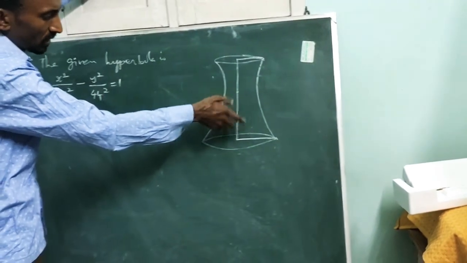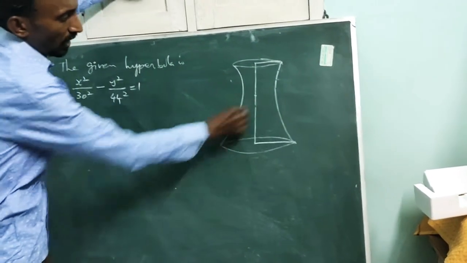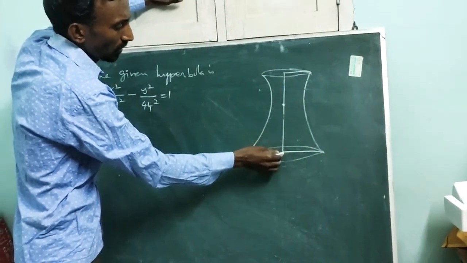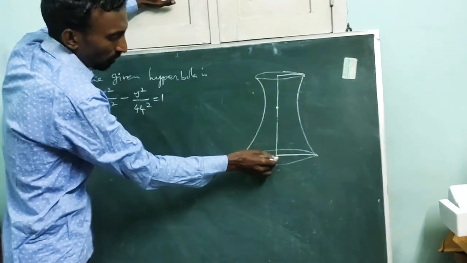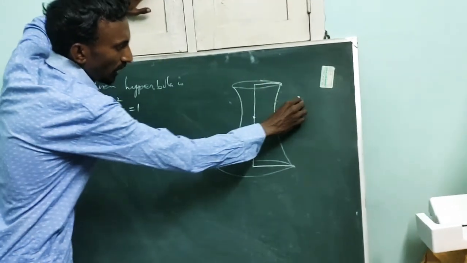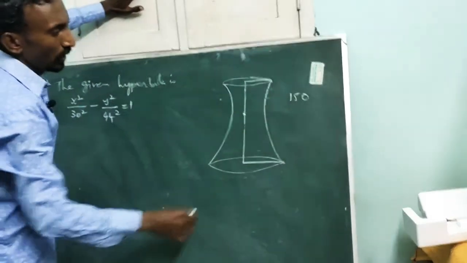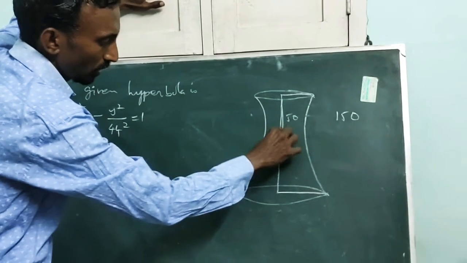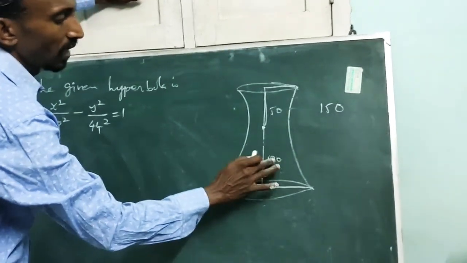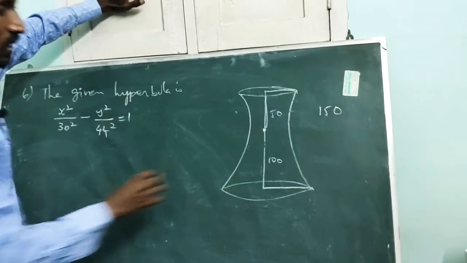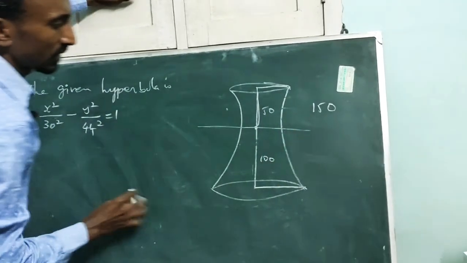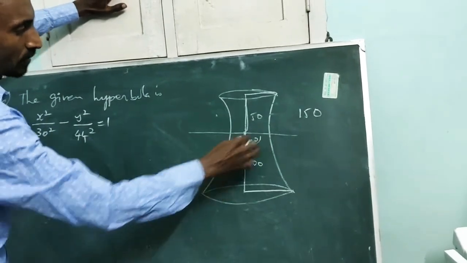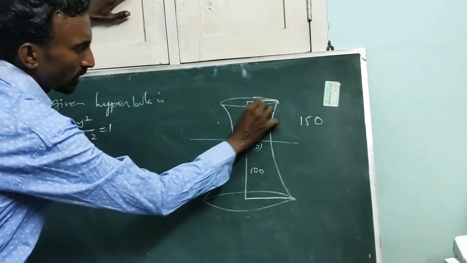So what is the distance? There is a center place. The distance from the center to the base is 2 times. Okay, or the top is half of the base. So 150 we can divide it into 3. So from the center to top is 50 and center to bottom is 100. That is the meaning of the sentence given in the question. Okay, so fix this as the center, 0, 0.